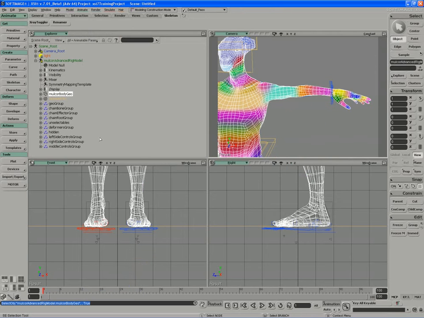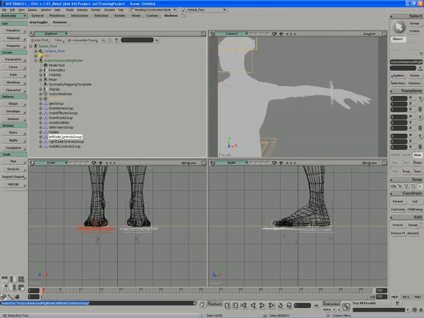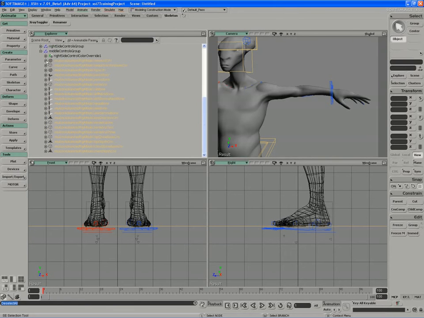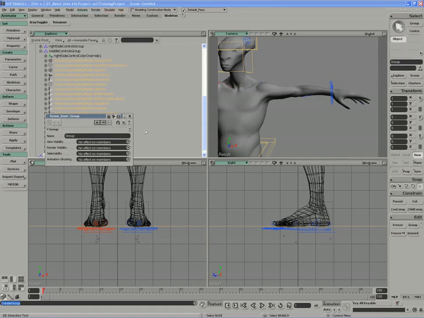because I've pre-colored the bones, left side control group, right side, and middle. I could make a temporary group to hold the bone colors. If you remember, the group's colors are driven by an override controlling the color attribute or the color display property on the bones. So if I was to make an empty group, I could just call this something like bone color holder,